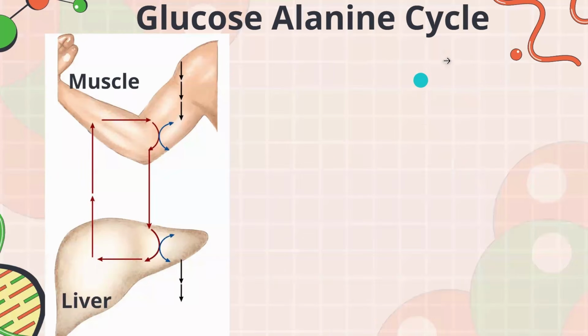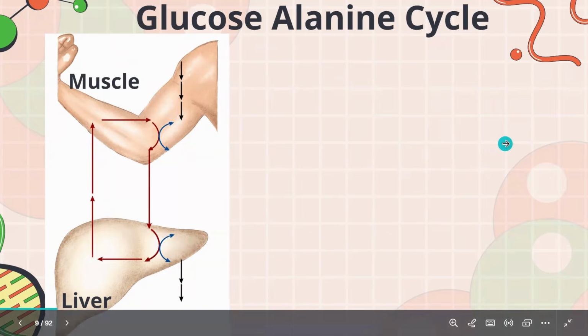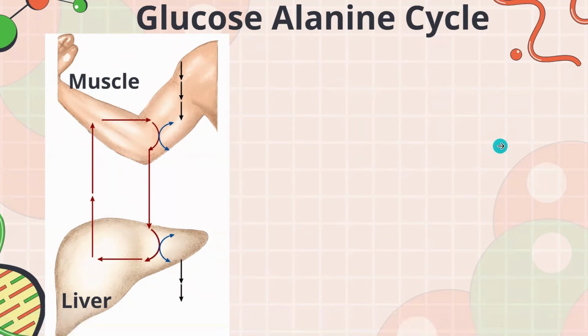So let's talk about the glucose alanine cycle. I hope I broke this down well for you guys, because wallahi, when I was studying this, it was kind of hectic. But still, inshallah, it's understood now. So first of all, the glucose alanine cycle takes place between two organs, or structures here, the muscle and the liver. And the muscle and the liver will explain how we carry out all the processes that we just talked about. So for starters, we have protein.